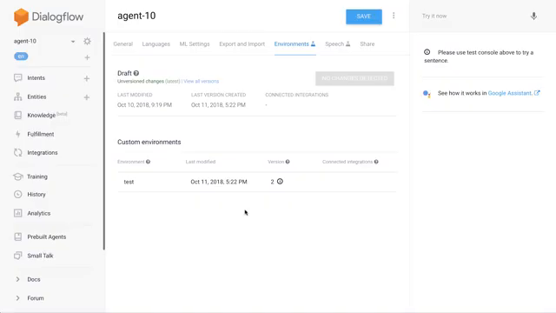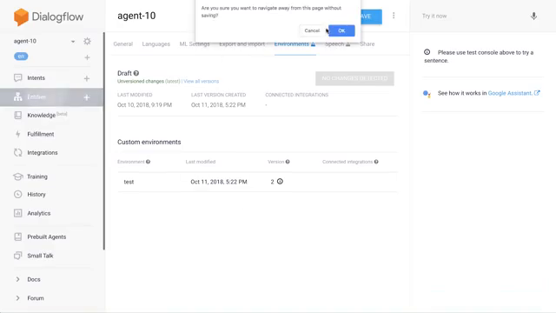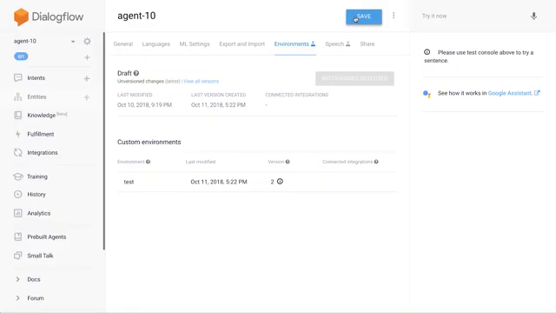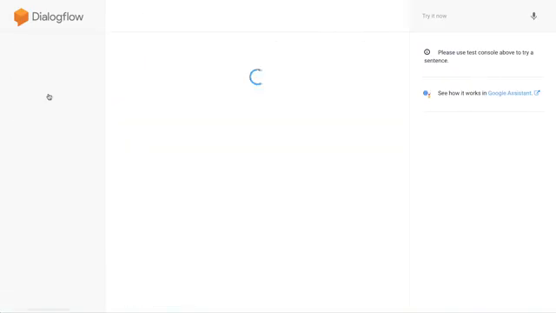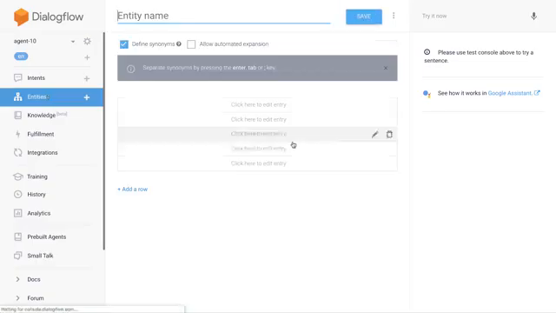Now let's make a modification, because we can publish a version, but then we can continue making changes to our agent. So let me save and switch to the entities page and create an entity, let's say, for the type of crust for pizza.